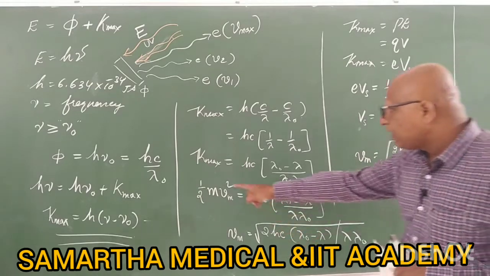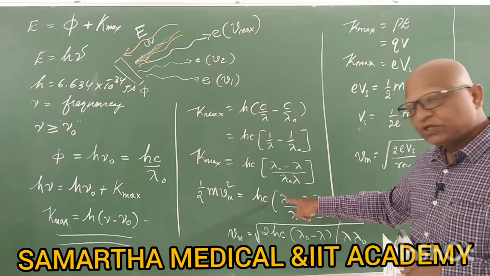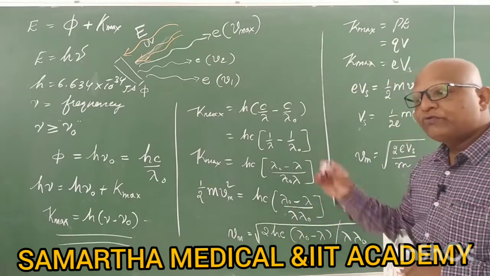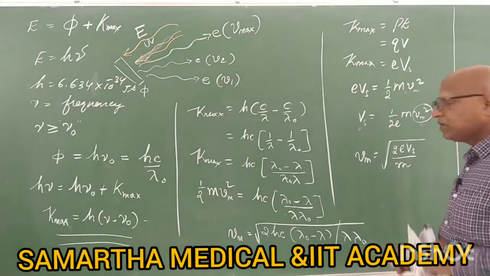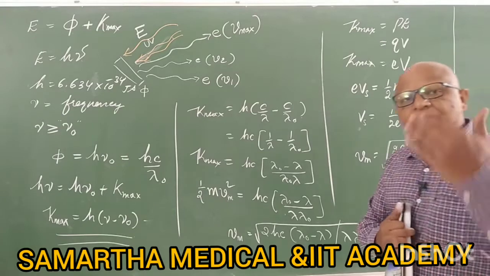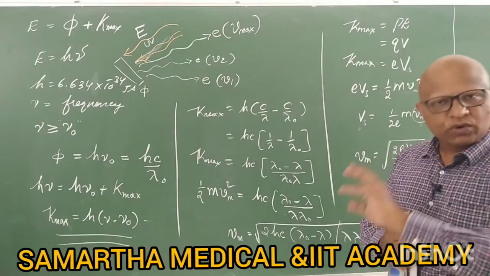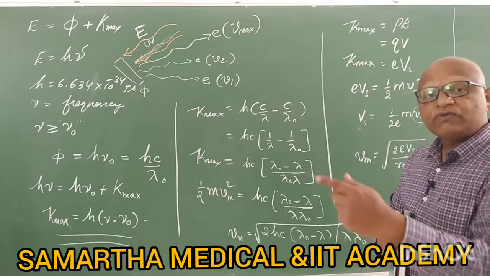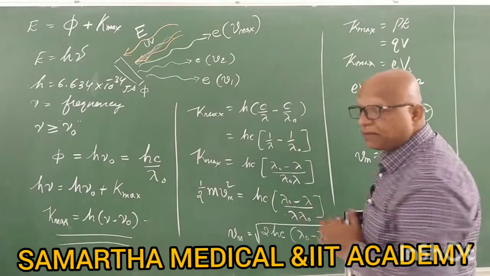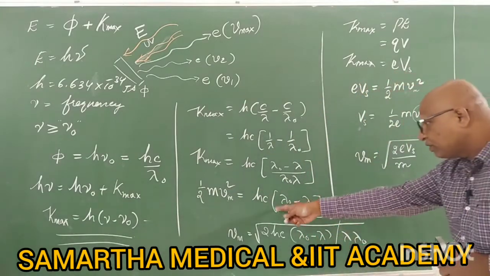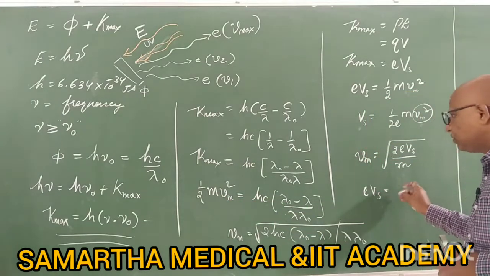Or instead of EVS here, you can also use this expression for wavelengths, threshold. If you know the threshold wavelength, if you know the given wavelength, and if you want to know the stopping potential for that, the question may come like this: there is a metal of work function so and so, or there is a metal of threshold wavelength so and so, and another wave of wavelength lambda is incident over that. Calculate its stopping potential. So for that we have to just replace this half mv square by using EVS is equal to